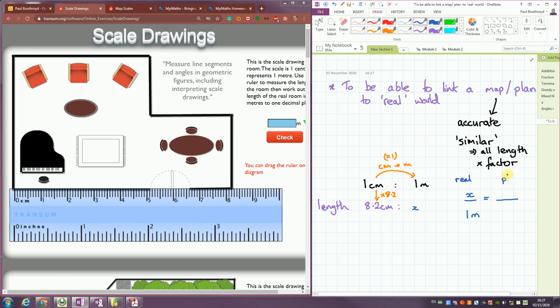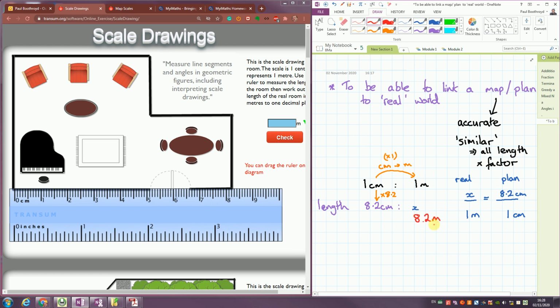And my plan measurements tie up. So my plan is 8.2 centimetres long, and the plan scaling is 1 centimetre. That means everything in this reasonably cancels out, and I don't think anyone would be surprised with x being 8.2